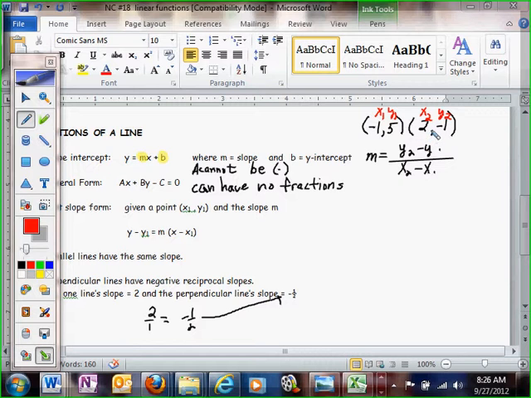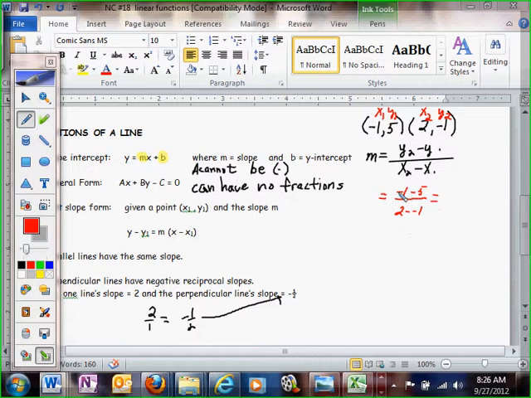Now it's important to know that it doesn't matter. You could have chosen this first ordered pair to be x2, y2. It's totally up to you as long as your 1's go with each other and your 2's go with each other. I just recommend we learn how to read from left to right, so work your math here in this case from left to right. So now all you have to do is simply plug everything in. You have y2 minus y1. That's going to be negative 1 minus 5 over x2 minus x1. That's going to be 2 minus negative 1,